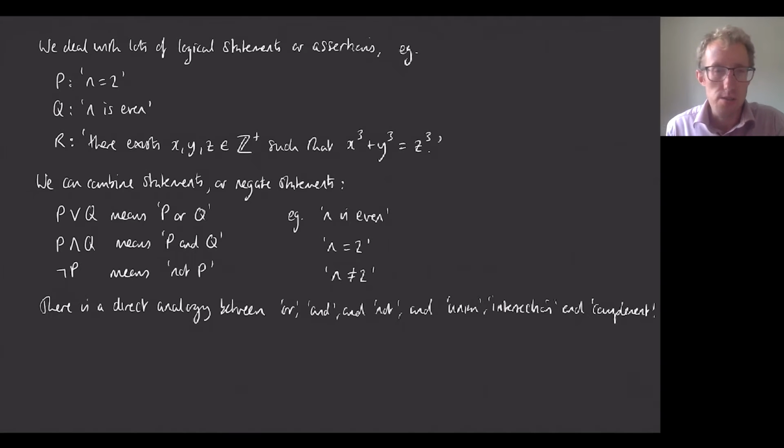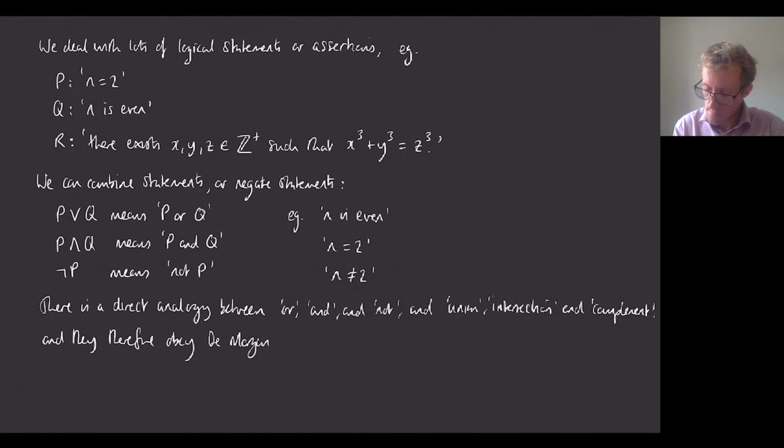And in particular, that means that the way that you manipulate these and, or, and not is basically the same as the way that we manipulate unions, intersections, and complements. And the one that I particularly want to emphasize is De Morgan's laws. So there's a sort of logical equivalent version of De Morgan's laws. Let me just write those out. That basically just tells me how to negate a statement that includes an and or an or.